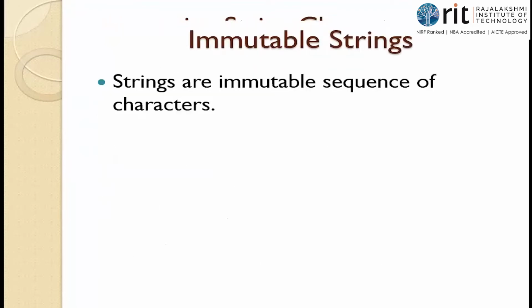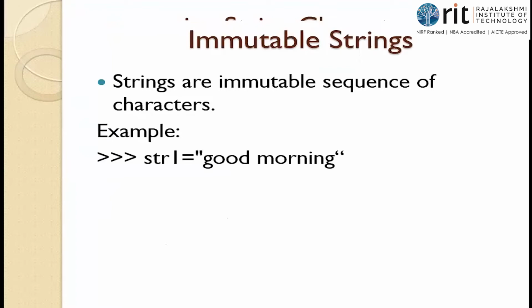Strings are immutable, isn't it? We shall justify that. str1 is "good morning", given in double quotes. str1 of 0. What is str1 of 0? It is an assignment operator, so don't confuse it with the comparison operator. So it is a variable location, a memory location. str1 of 0 has this.